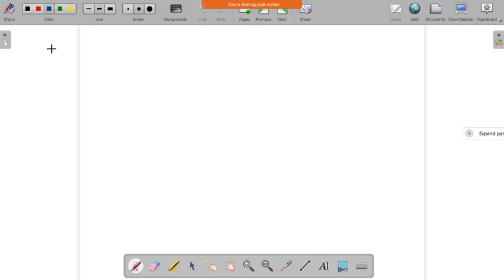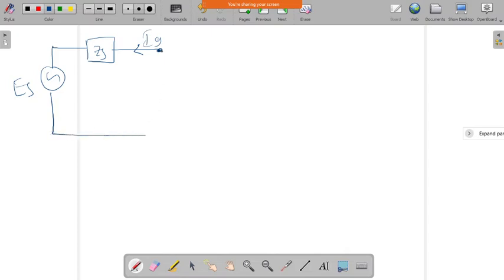If I write only the generator end, we have Es, and we have Zs. Now let us take this node as Ig, which is flowing, and this port which is having Vg. That is what we assume. Now let us take this point, the node which is Ag, where the reflected signal is Bg. Also there is the wave which is coming from the source, which is called Bs. So we can assume it like this.